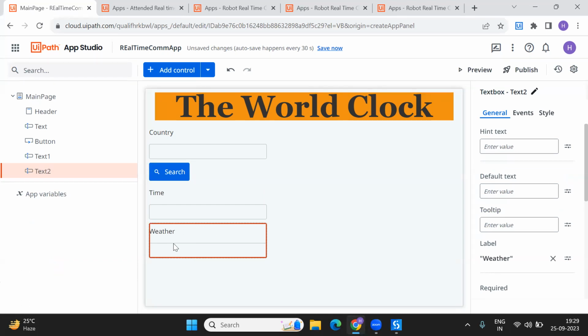Okay, I just wanted to keep it simple because I wanted to concentrate on the background, that is attended automation. So now let's keep this design simple. So the idea here is